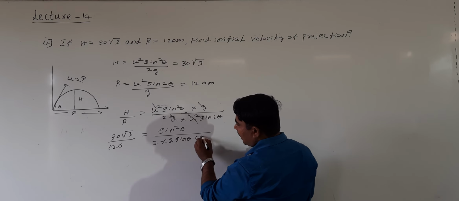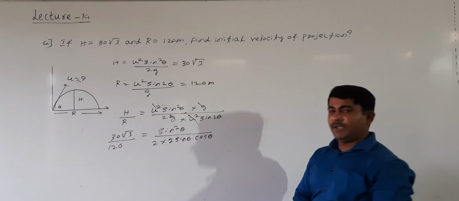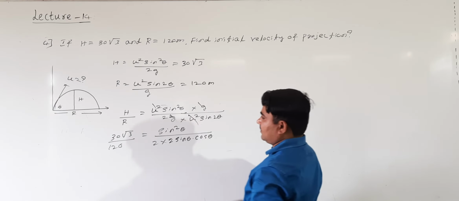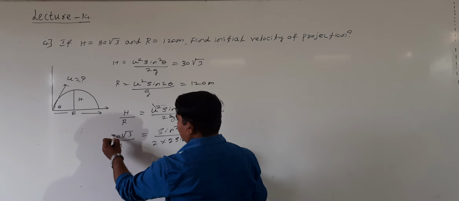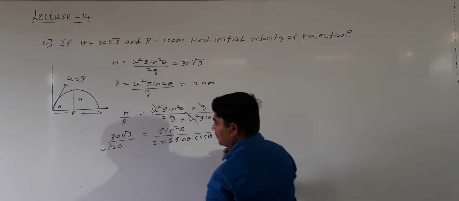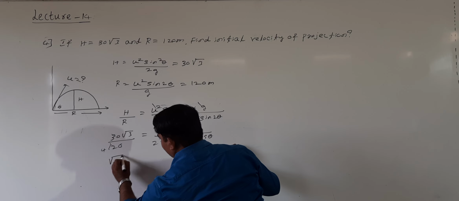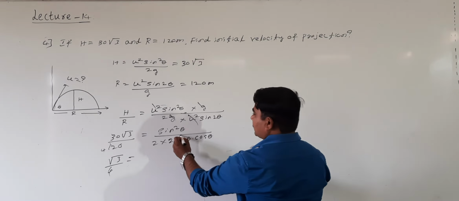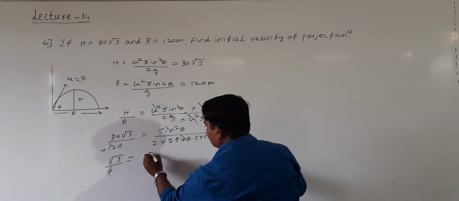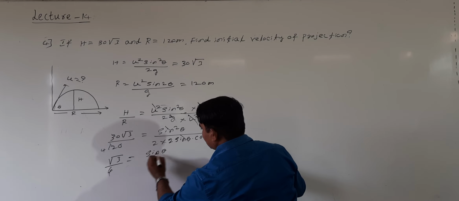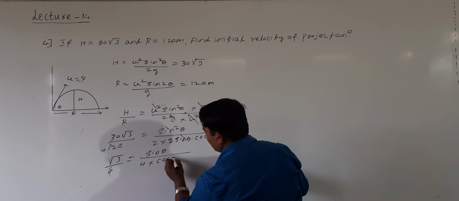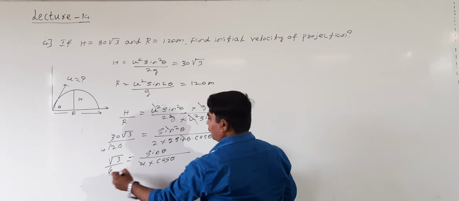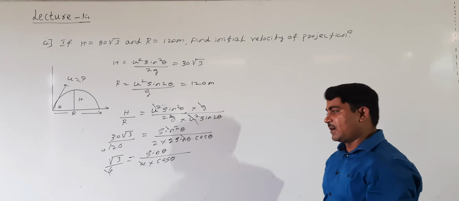2 sin theta into cos theta. Are you following me? Right. Shall I simplify this? How to simplify? So what is the meaning? Here 4 is there, right? Root 3 divided by 4 equal to 1, sin theta gets cancelled. What is the meaning then? Sin theta divided by 2 into 2, 4 into how much? Cos theta. 4 gets cancelled. Sin theta by cos theta, tan theta.